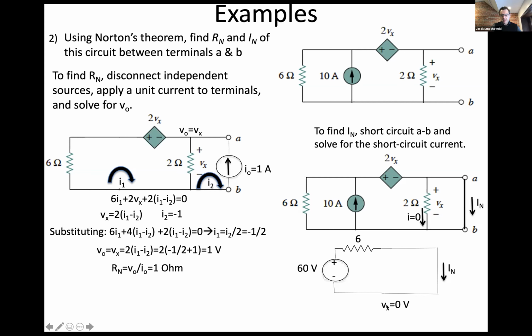And with that, you get that the Norton current is equal to 60 volts divided by 6 ohms. Looking at this again, I really didn't need to do this. This is one way of seeing it, but another way, hopefully everybody sees that this becomes 0 and this can just be cut. So what we have in this circuit is the 6 ohm battery, the 10 amp current source,